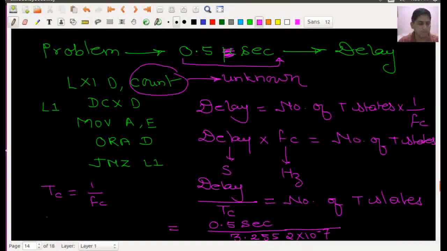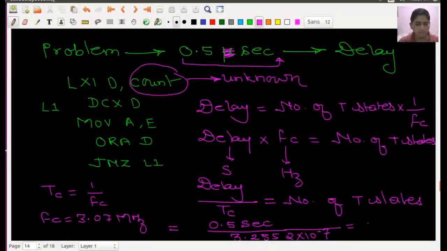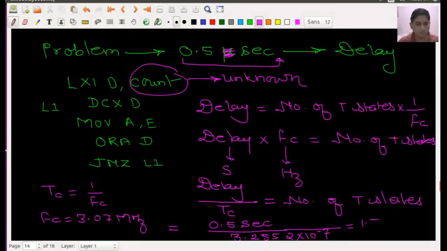When my fc of 8085 microprocessor, if I am assuming as 3.07 megahertz, this will give me an approximate value of the number of t states as 1.536 into 10 to the power of 6. So this amount of t states I will require.